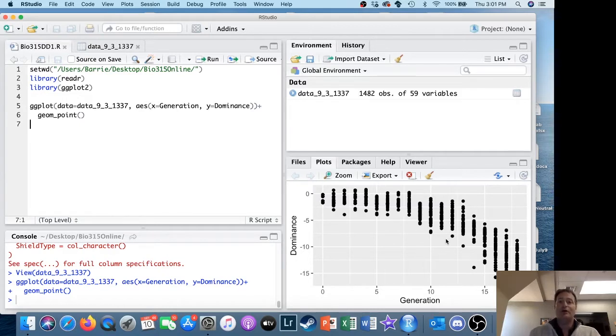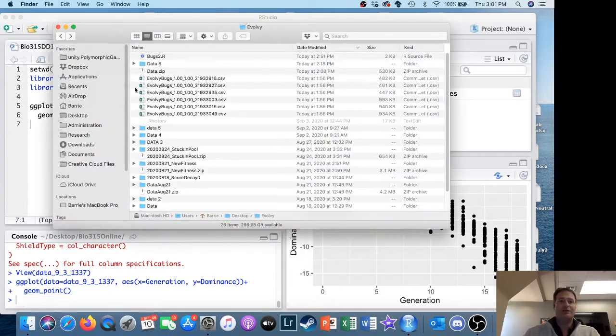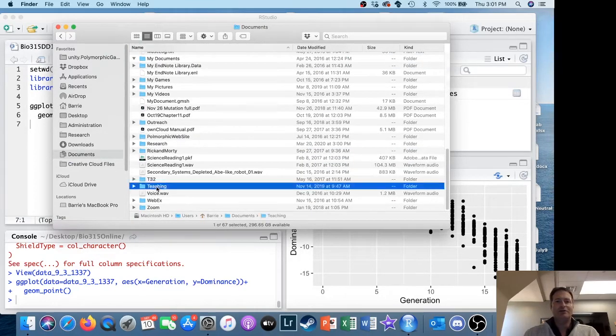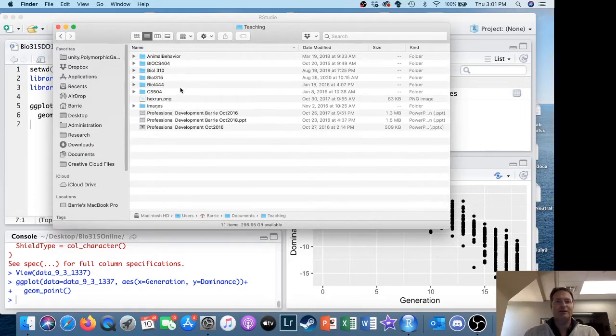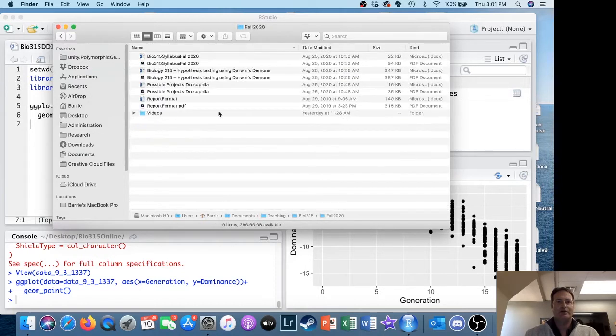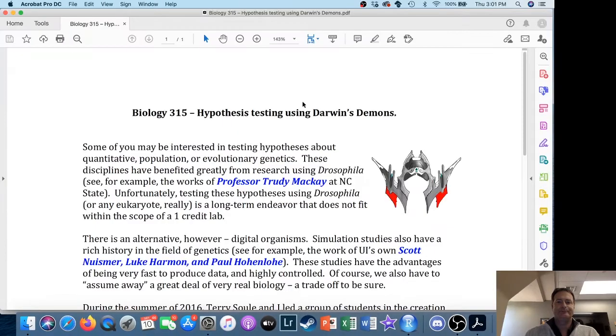And if you go look at your hypothesis testing in Darwin's Demons folder, I'll navigate to that here. There won't be a folder on your machine. It'll be in BB Learn. Maybe I should have gone to BB Learn. Anyway, we'll edit this out in post. Look at all of the things. Hypothesis testing using Darwin's Demons. Everybody should have this